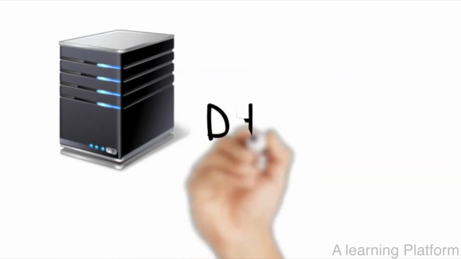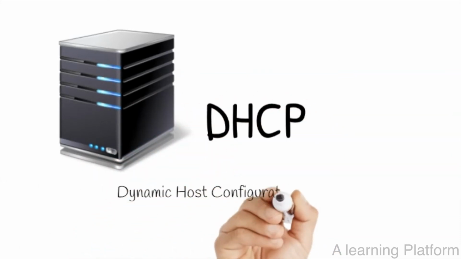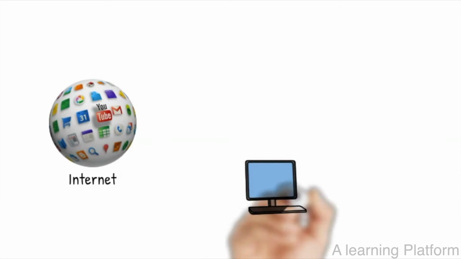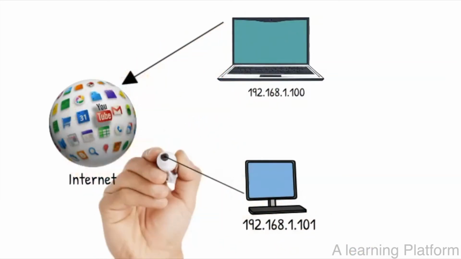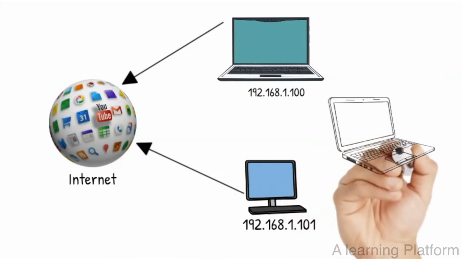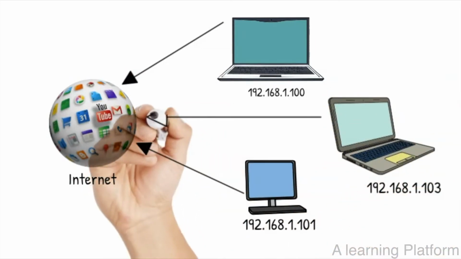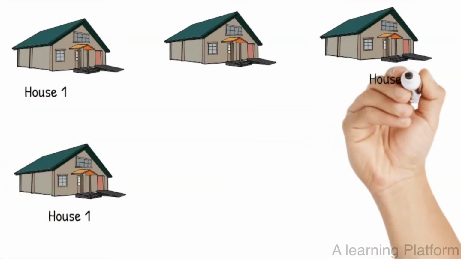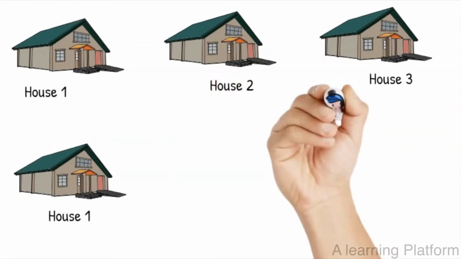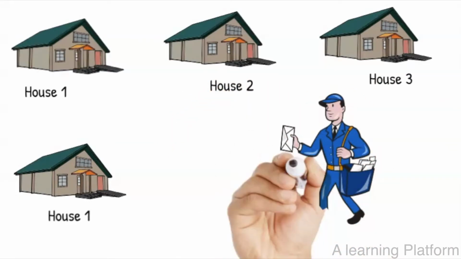In this video, we are going to discuss DHCP, or Dynamic Host Configuration Protocol. For any device or computer to connect to the network or internet, it must have an IP address. Also, the IP address must be unique. It is the same as a physical address. Every house in a locality should have a different house number, or else it would be a nightmare for your mail